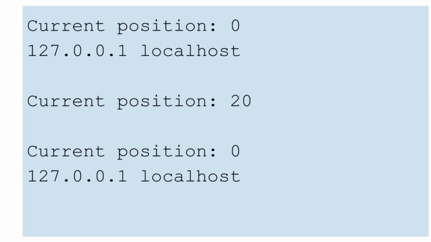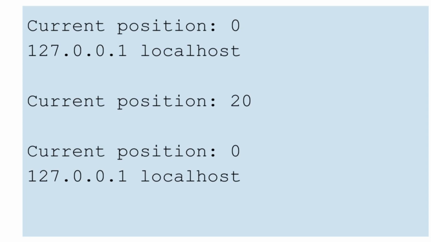Here is the output that I was describing. When you first open a file, the position will be 0. After you call the read method, the position will be at the end of the file. In this case, that position is 20. Notice that there is no output on the next line. That's because we called read on the file when it was already at the end of the file. Finally, we reset the position to be at 0 with a seek method and reprint the contents to the screen